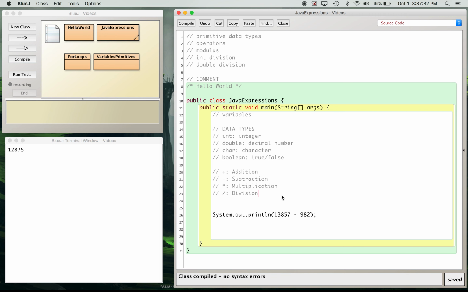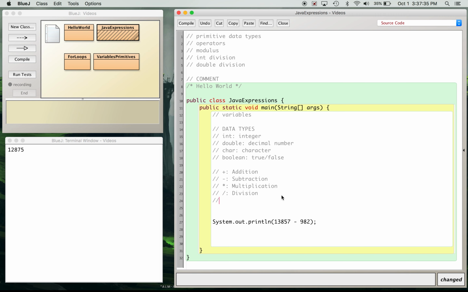I want to bring your attention to a new operation. It's marked with the % sign, and it's called modulus. It sounds fancy. Honestly, it's just a fancy word for remainder. And the way it works is it asks the question, after division, after you've removed as many whole numbers of your dividend, the denominator, after you've taken the denominator out as many times as you can,